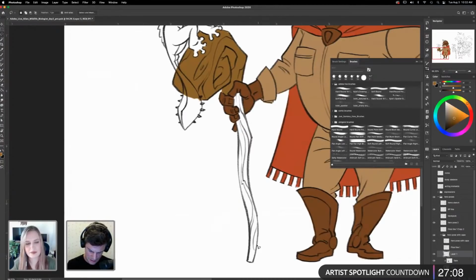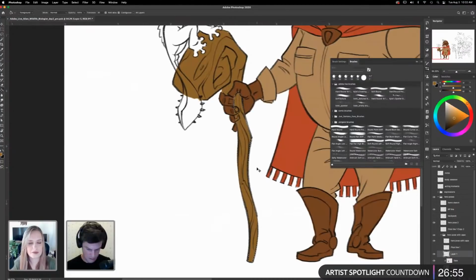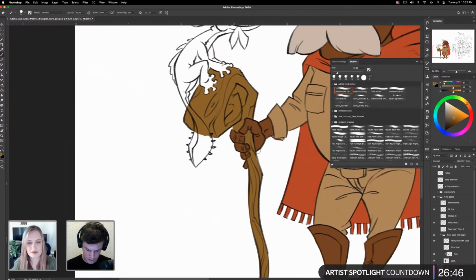With color, you really want to make sure you're getting your base colors right, so that you're not worrying about it later on.